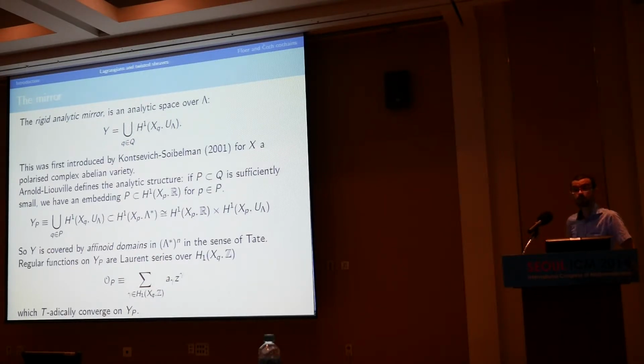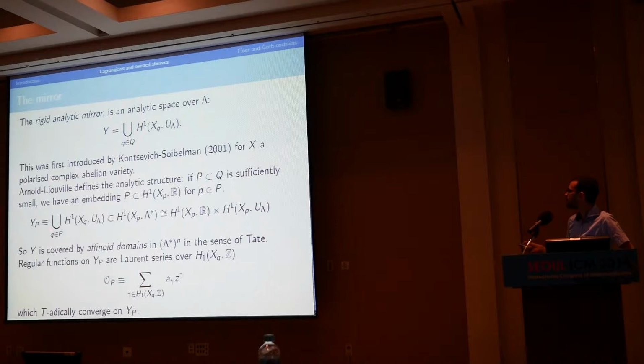And the analytic structure comes from symplectic topology. It comes from what is called the Arnold-Liouville theorem. The Arnold-Liouville theorem says the following thing. If I take one of the Lagrangian fibers, and I take a nearby one, then what I can do is I can take a bunch of cylinders connecting one to the other in different homology classes. And by measuring the areas of these cylinders, I get a class in H^1 with real coefficients corresponding to which homology class I took. And this map, which goes from a nearby fiber, let's say that my fixed fiber is at p and the nearby fiber is at q, this map, which goes from the nearby fiber to first cohomology, is injective. In fact, it's actually an open subset of first cohomology that you get by this construction.